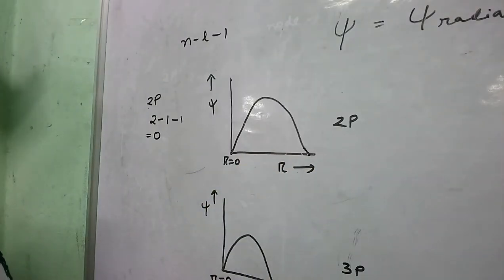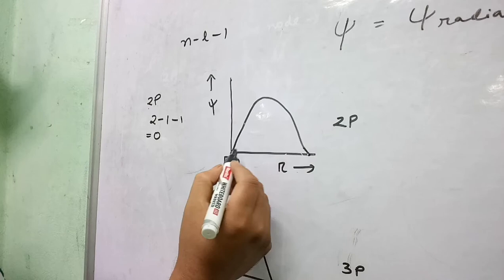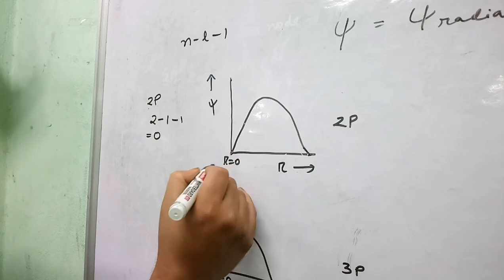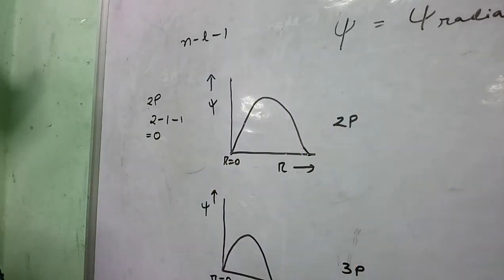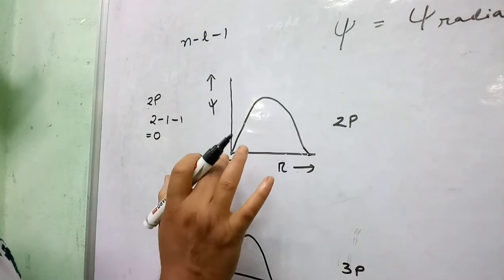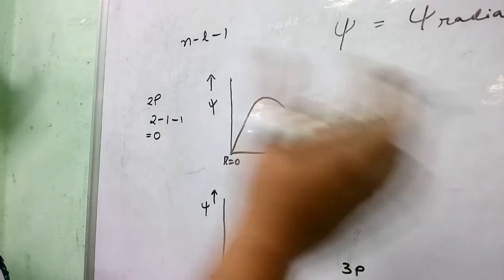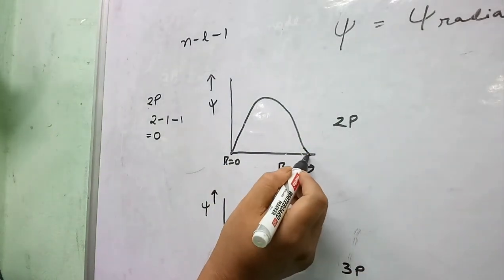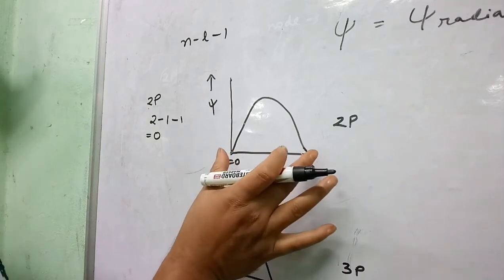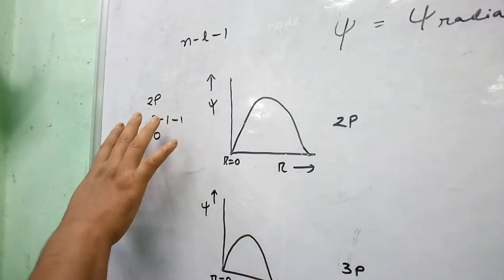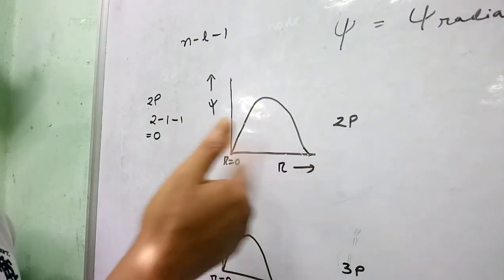Why not nodes? Wave function has a property: wave function must be continuous at any point. Actually, this wave function is enclosed between these 2 points. At these 2 points, the wave function is not continuous. So, if the wave function is continuous here and the wave function becomes 0, it will be a node. But here the wave function is not continuous, but wave function becomes 0. Therefore, these 2 points are actually not nodes. For 2p orbital, there is no radial node, as we have already seen.